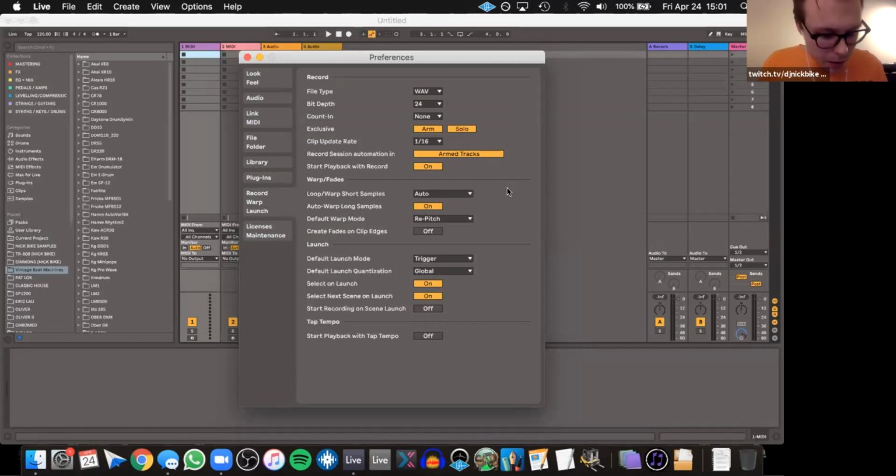Let's see what else here. Warping and fading. These warping short, long, and default, these are kind of your pick. I would leave this on auto because on short samples, I know sometimes some of you that use Ableton often